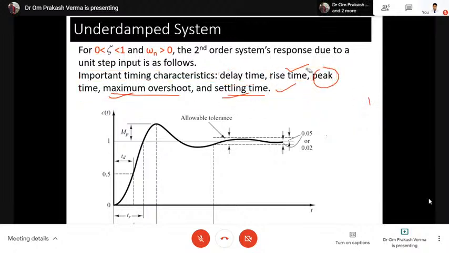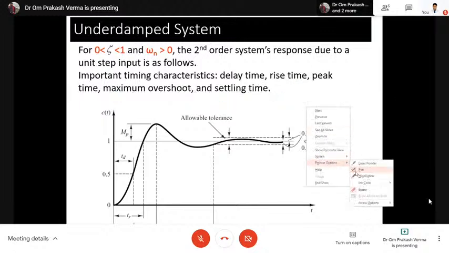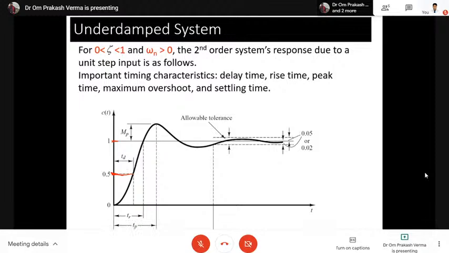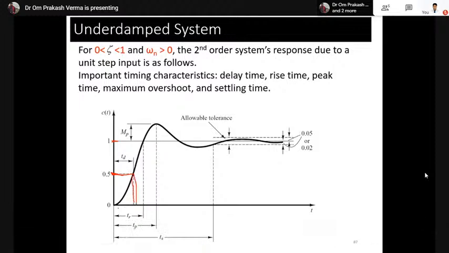Now, what is the delay time? As you can visualize from this picture, the delay time is nothing but the time taken for the response to reach 50% of the final value. Suppose this is the set point, and 50% of the set point is here, and the time taken to reach here